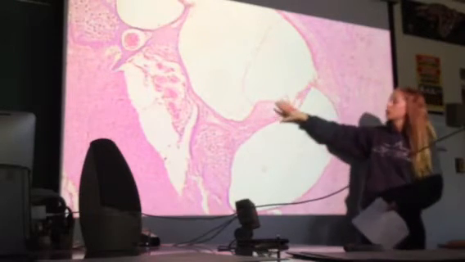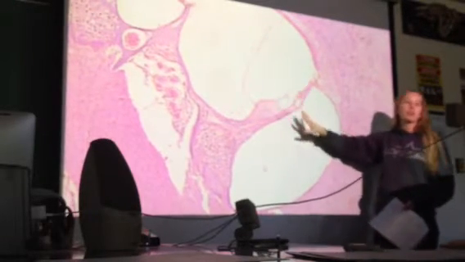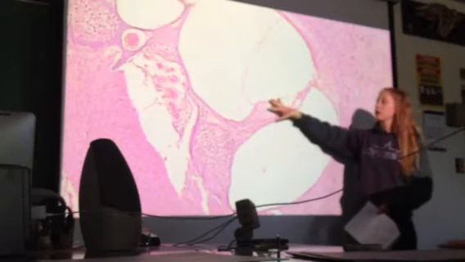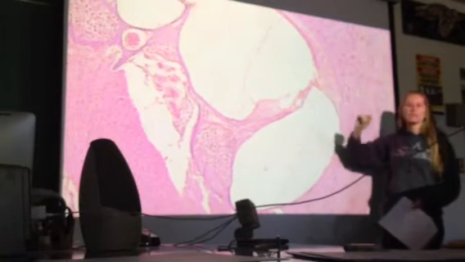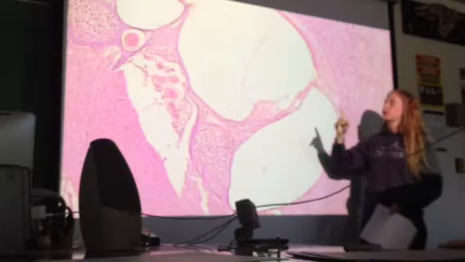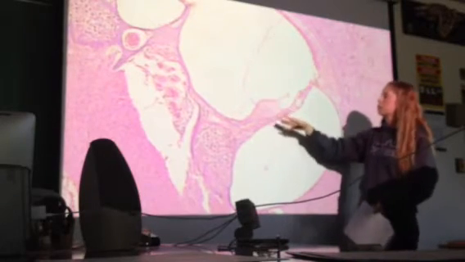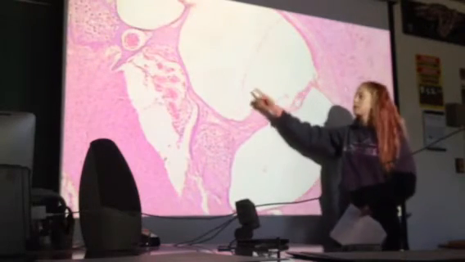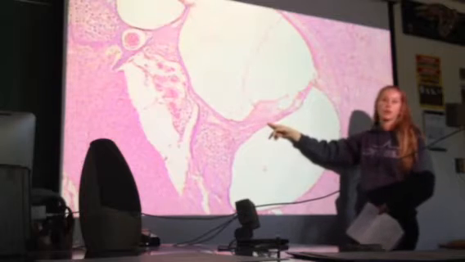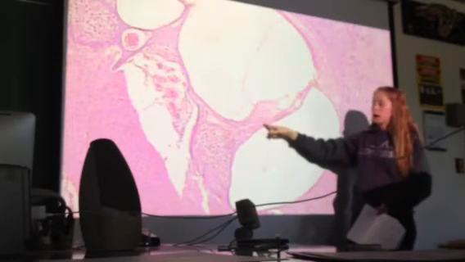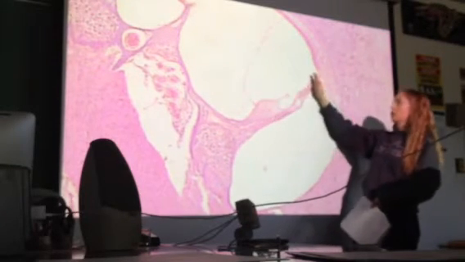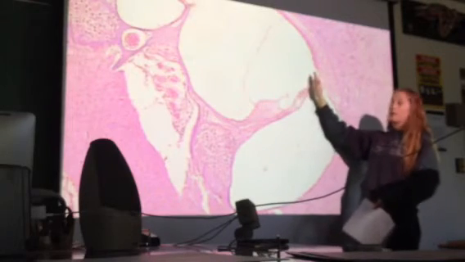And then this structure here that splits the scala media and the scala tympani, this is called the organa corti. And as far as a rough border for it, I always just start the border where this vestibular membrane cuts into it, okay? So we'll just call this our back border. So this would be the organa corti right here. And that's where the magic